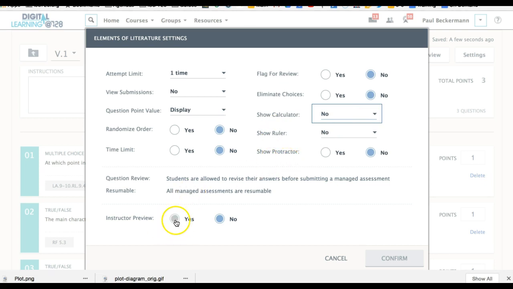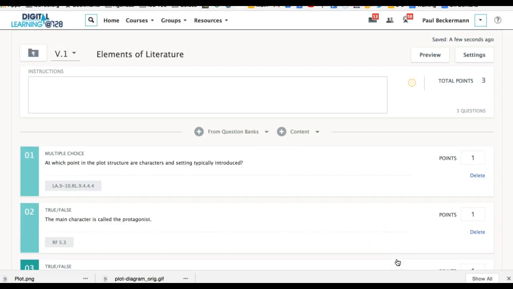And then down here, I would recommend clicking Instructor Preview. If you do that, then the instructors in the course can preview the assessment before they give it. Then click Confirm. Now you may want to confirm with your team members which settings your team prefers for each assessment. When you're satisfied that your assessment is complete and accurate to your desires, you can click the little orange